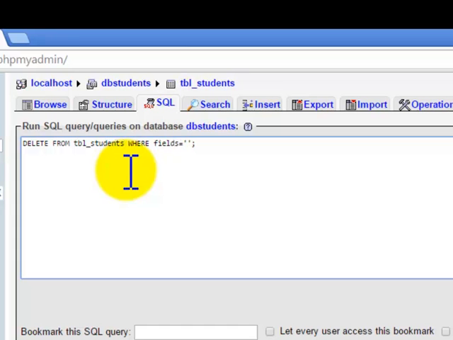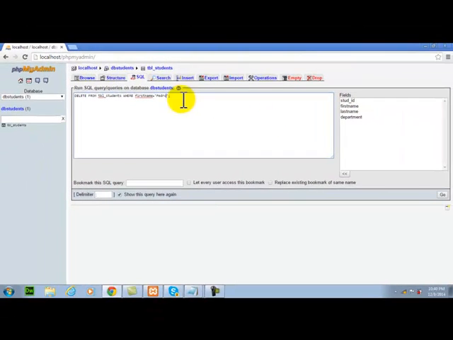Where, then the name of the field, for example, first name, and then the name of the record that we are going to delete, for example, the record of Pedro. Just click the go button.